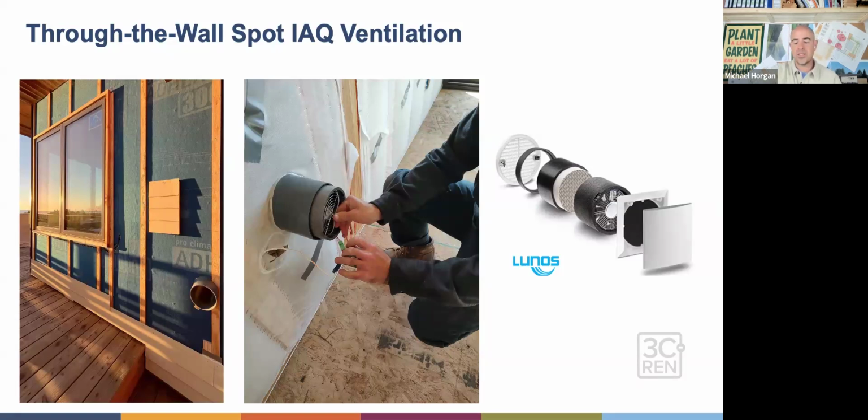A whole house ventilation system with just one fan is relying on a home being poorly built and being leaky because it needs to get its source of air from somewhere to exhaust throughout the house. So it's usually pulling from, say you've got a whole house fan in your second story at the top of a stairwell, it's pulling air all the way from down in your crawl space through your floors and out that whole house fan. So we don't install whole house fans, but we do use whole house balanced ventilation systems,